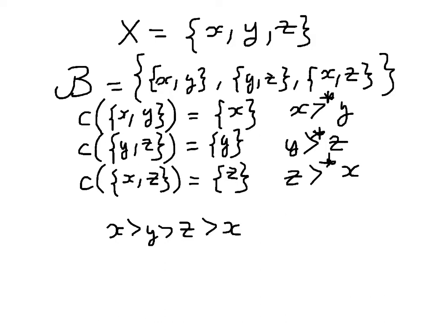So, here x is chosen when y was present, but it is never the case that y is chosen when x is present, right? Here y is chosen, but it's chosen over z. And here x is present, but y is not chosen. And the same is true here. y is chosen over z, but it is never the case that z is chosen over y. And here z is chosen over x, but it is never the case that x is chosen when z is available. So we satisfy WARP, and yet we have intransitive results,